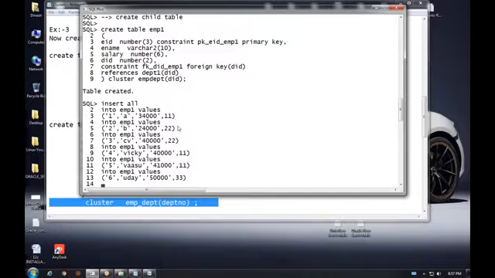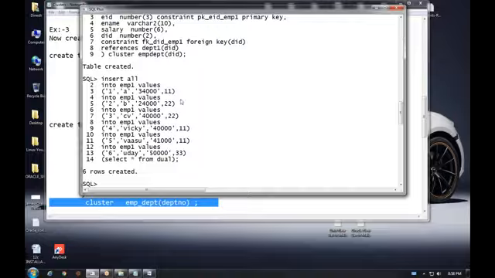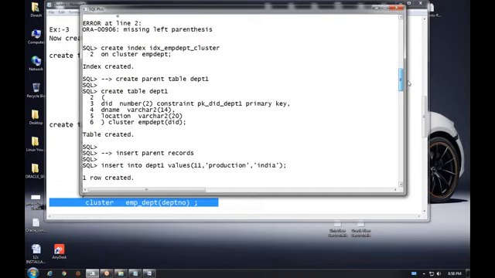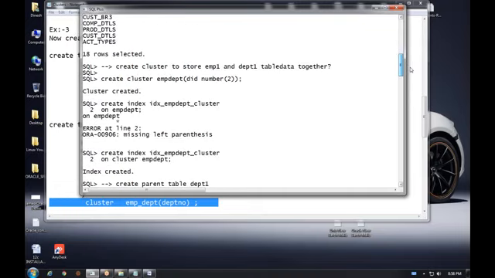So let me take up to 6 records. At last select star from dual. To insert multiple records we will follow this method. Total 6 records inserted. See, we created cluster successfully here